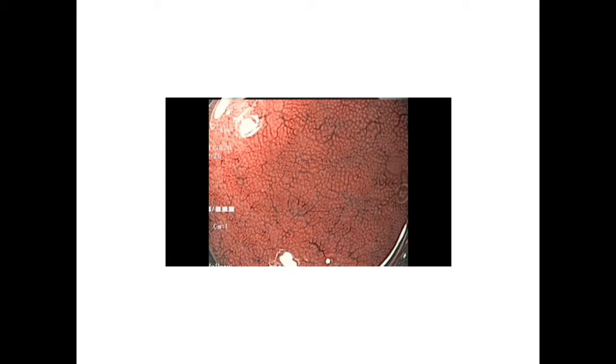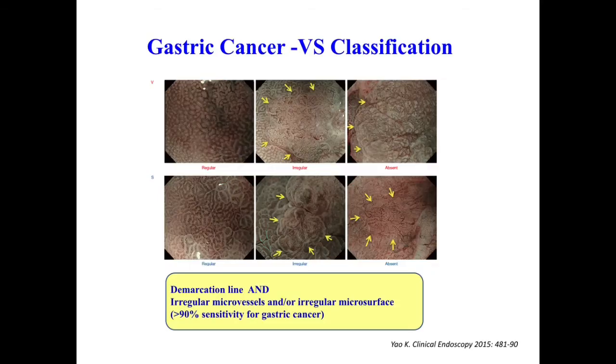So in here you can see the brown structures which are in a honeycomb pattern. They are the microvessels. They surround the whitest structures with a dot in the center. So these represent the surface pattern. And you also have these dark brown long structures with branches, which are the collecting venules.